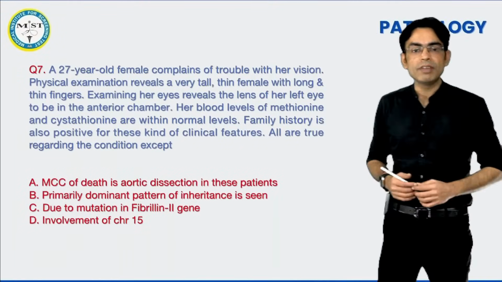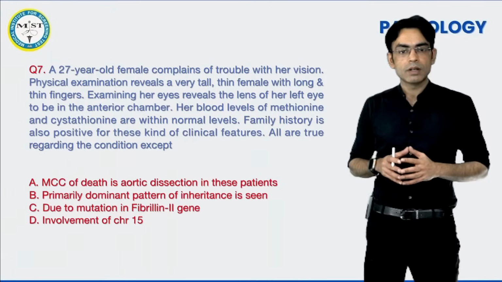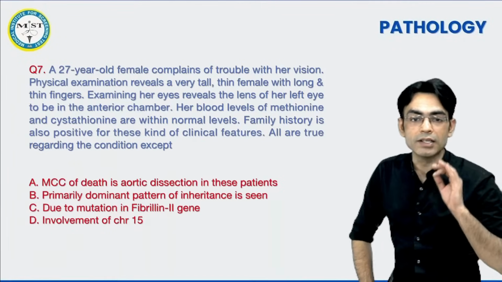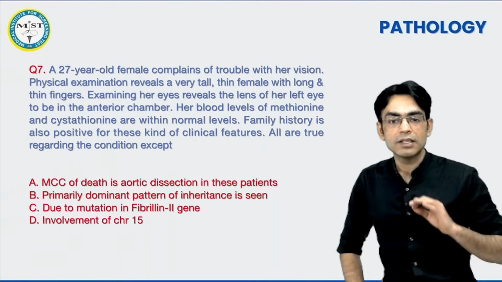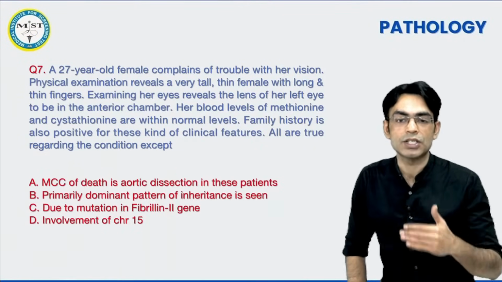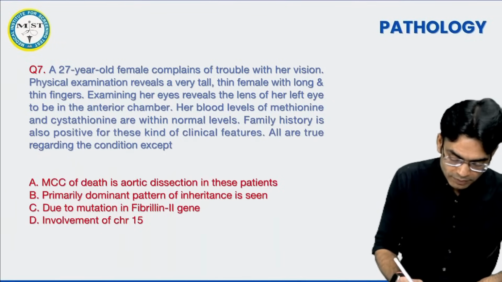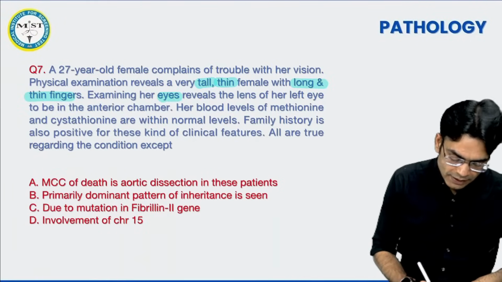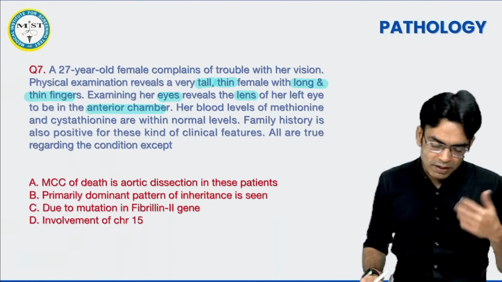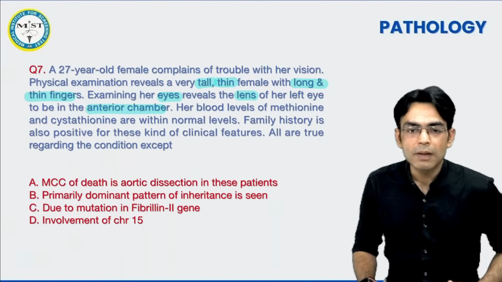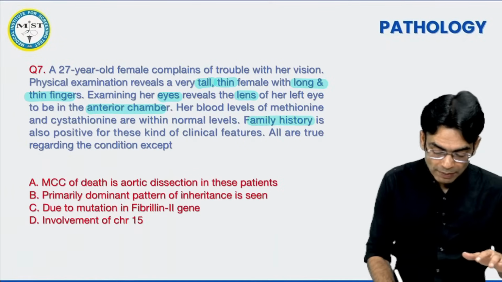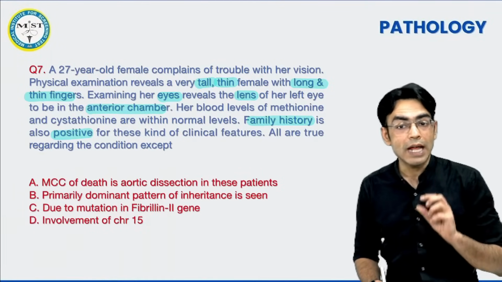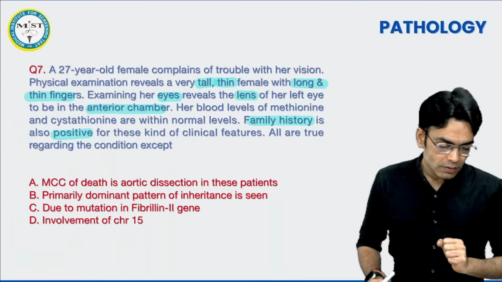A 27-year-old female complains of trouble with her vision. Physical examination reveals a very tall, thin female with long and thin fingers. Examining her eyes reveals the lens of her left eye to be in the anterior chamber. तो क्या यार छोटू ये tall है, पहली बात. Thin है, long and thin fingers. Eye के अंदर anterior chamber में lens गया हुआ है. Her blood reveals methionine and cystathionine within normal limits. Family history is also there. So family history is positive for these kind of clinical features. All are true regarding the condition except